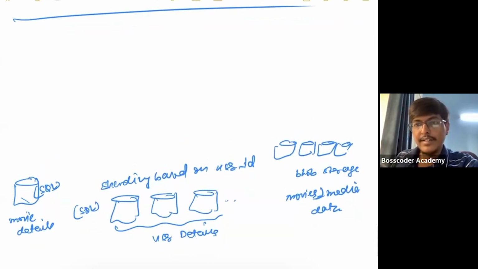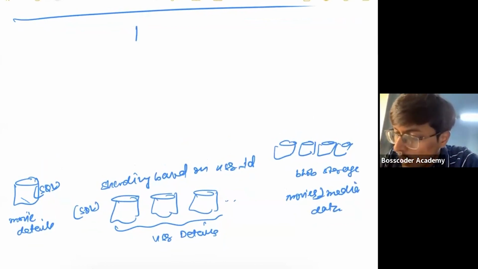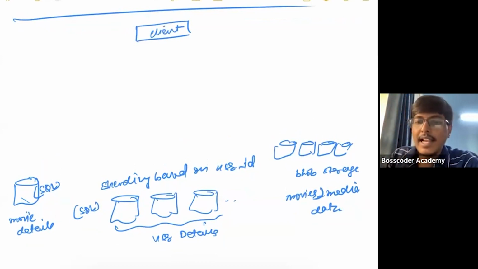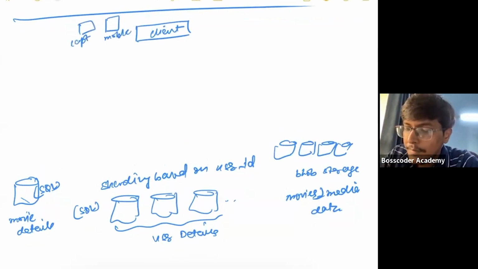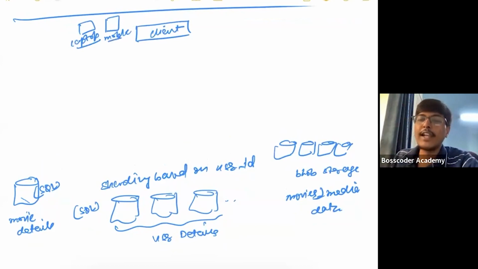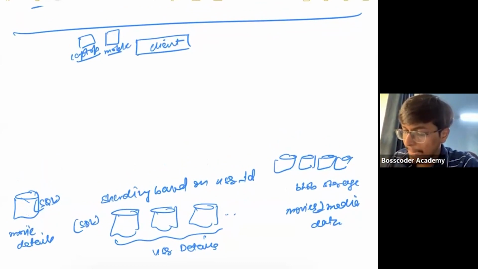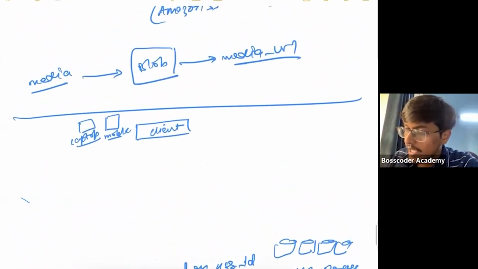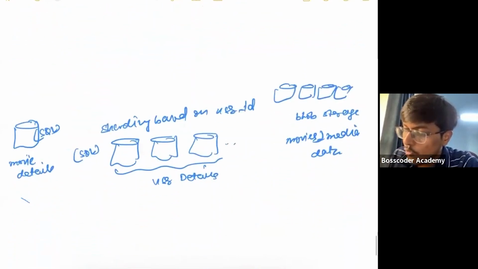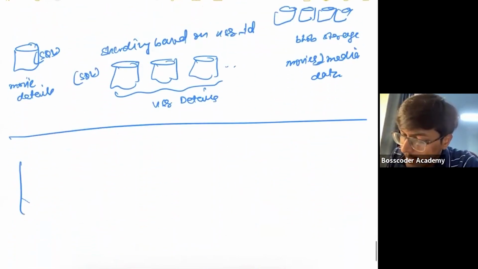Great. Okay. Now, let's say you are the client. What is the client? A client is like, let's say you are watching Netflix from a mobile device, or from a laptop. So you are the client, right? From where the request is initiating. Make sense? So let's say you are here. Let me just draw out where you are. Think of this as a Netflix screen.